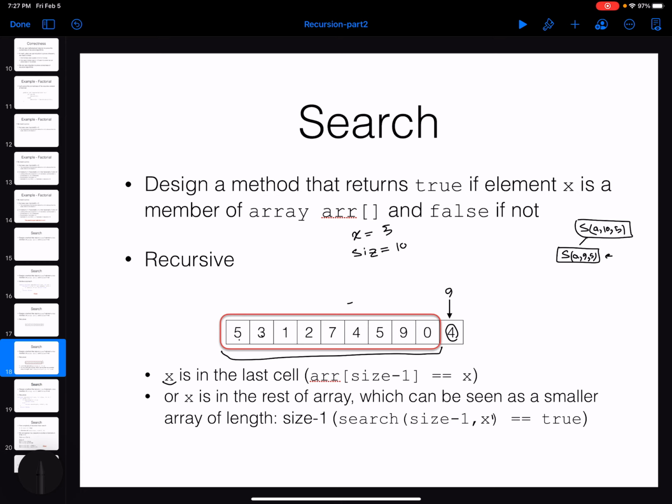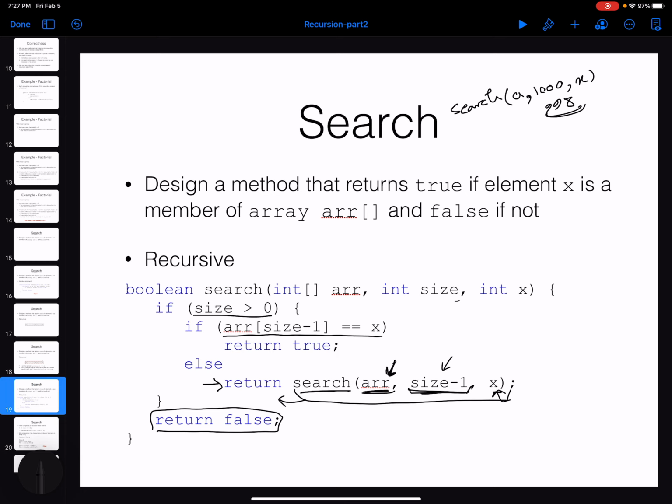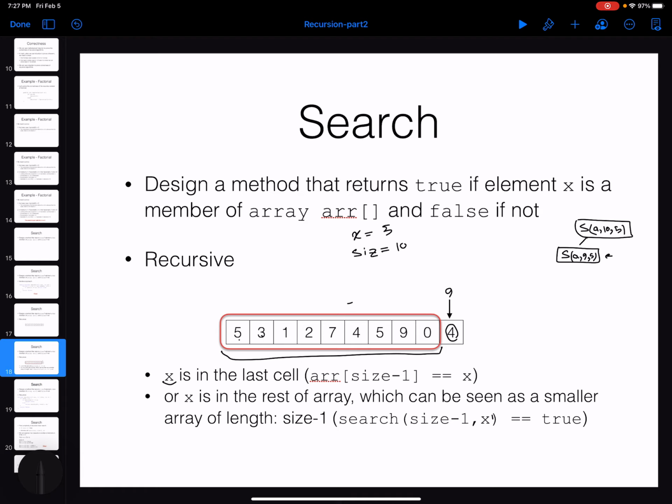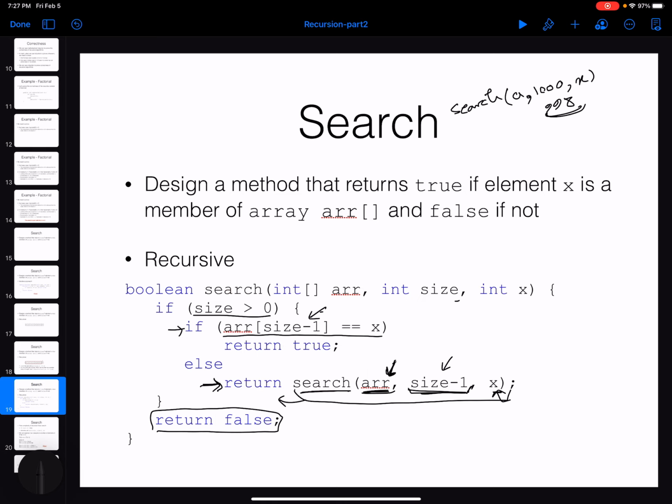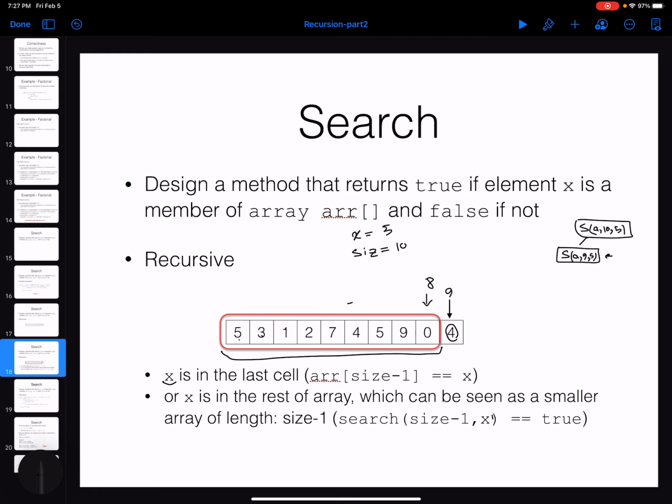Again, what you are doing is that you compare the size with 0. It is greater than 0, so you check the last index, which is size -1. Size is 9, so size -1 is going to be index 8. Index 8 compared to 5 is not equal, so you make this recursive call. You call the method search with size -1 and 5. So this one is going to call the same method, array, size 8, and you are looking for 5. Here again, the size is greater than 0, so you compare